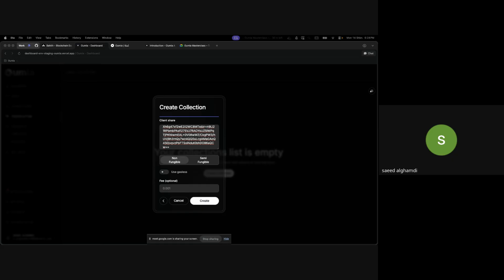It's ideal for things like tickets. With ERC 1155, you can mint any number of tokens in one transaction, for example, many access passes at once, as this example shows here. So let's do a semi-fungible token, keep this as it is, and let's create one.